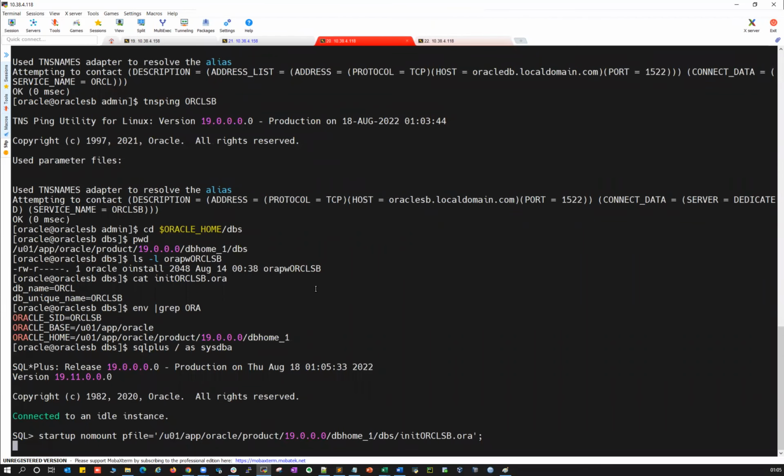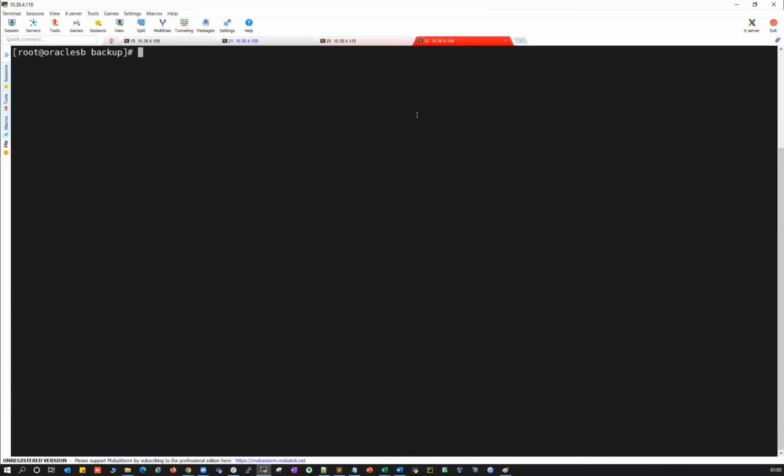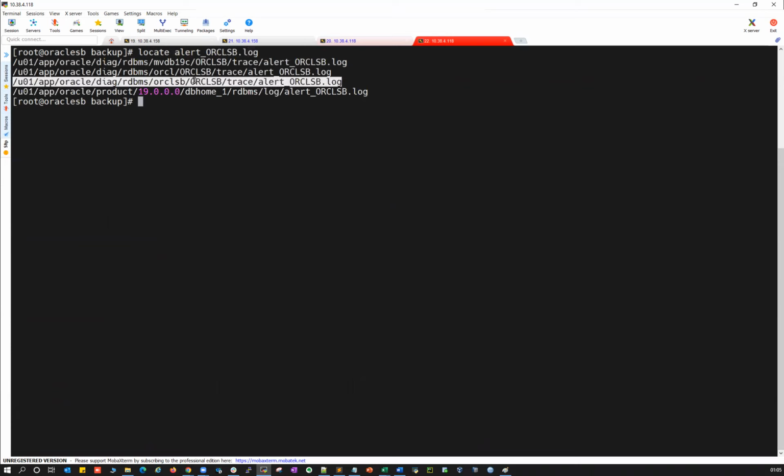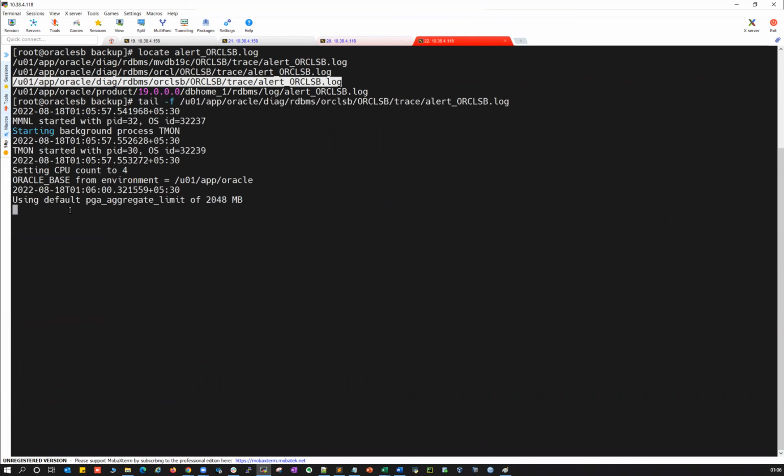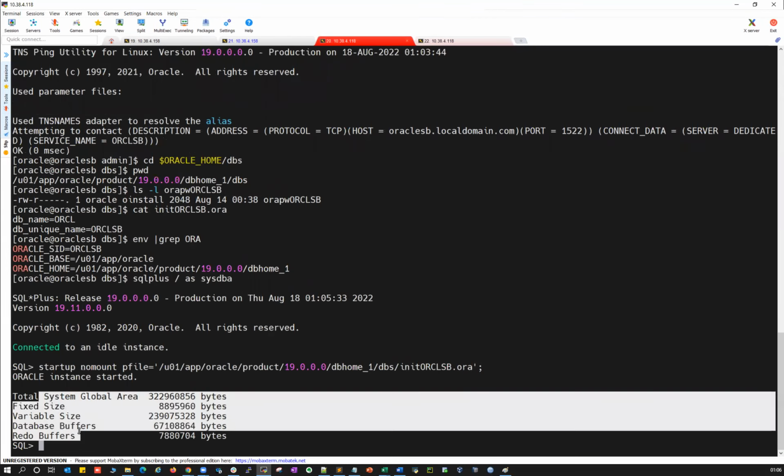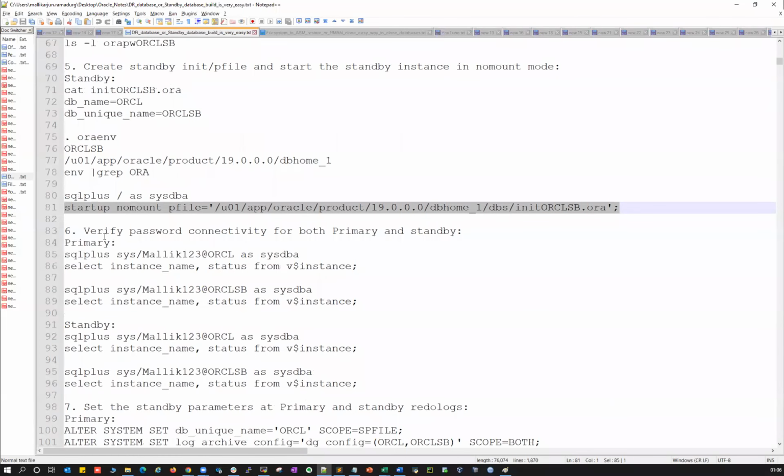Right, so your database is getting started here, and I'm going to go to the second tab. I'm going to locate alert_ORCLstandby.log. So this is my standby log here, tail -f. Right, so my standby is started here, started in nomount. Right, that's one thing. And verify your password connectivity is working fine on both the primary server as well as the standby